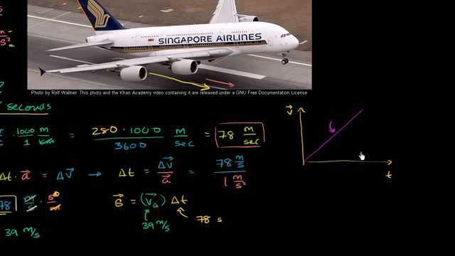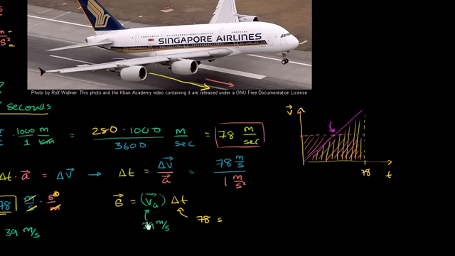And the distance traveled is the area under this curve up to 78 seconds, because that's how long it takes for it to take off. So the distance traveled is this area right over here, which we cover in another video, where we give you the intuition of why distance is area under a velocity time line. An average velocity, in this case exactly right in between our final and our initial velocities, if you take that average velocity for the same amount of time, you would get the exact same area under the curve, or the exact same distance.